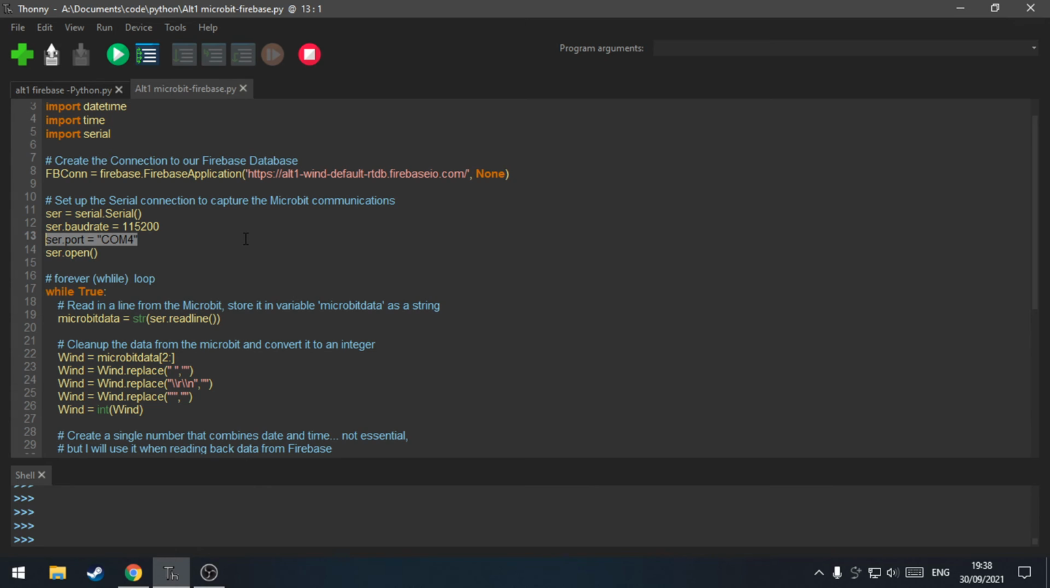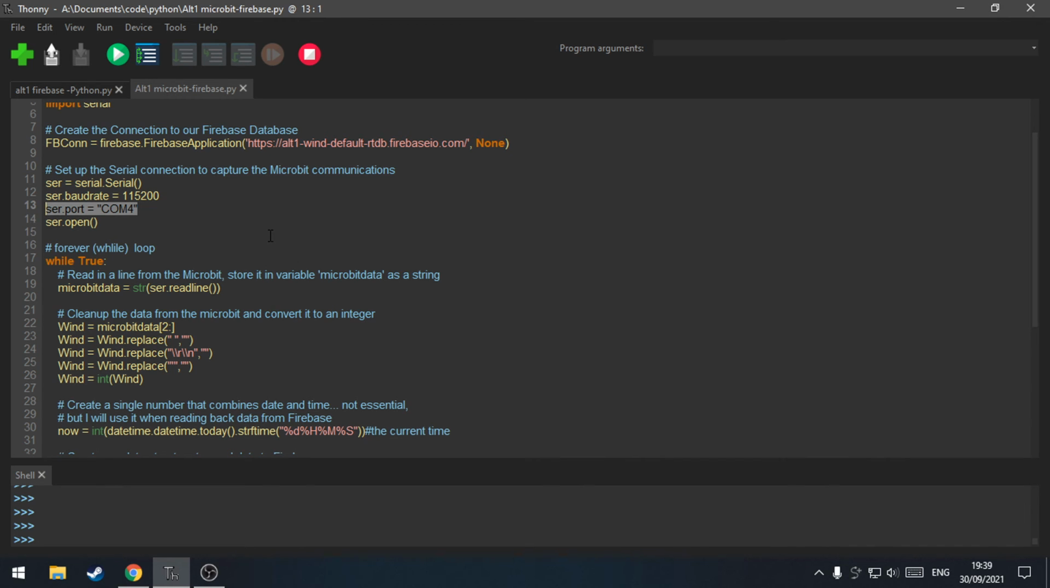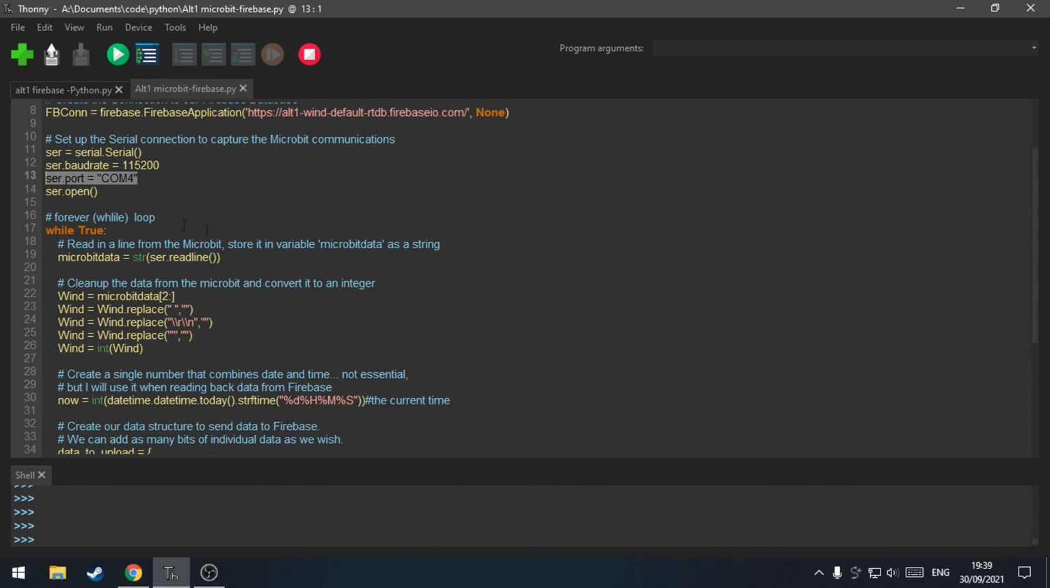So a method of doing this is to go into your device manager and go into your devices, where it will show you which COM number your microbit is plugged into. If this is the wrong COM number, the code will simply not run, and you'll have to find the correct one. Once we have our microbit and Python communicating, we create a while loop to import the data from microbit,